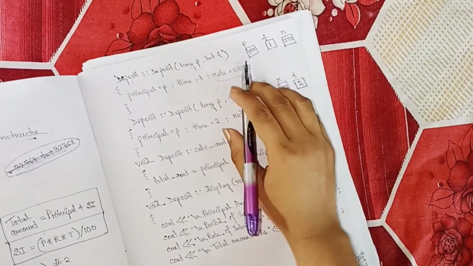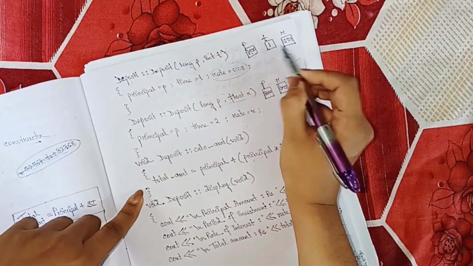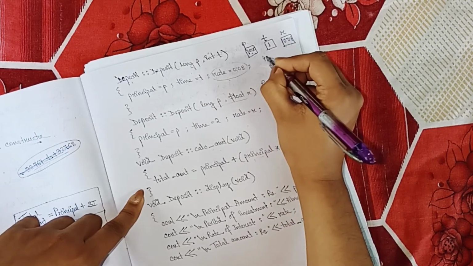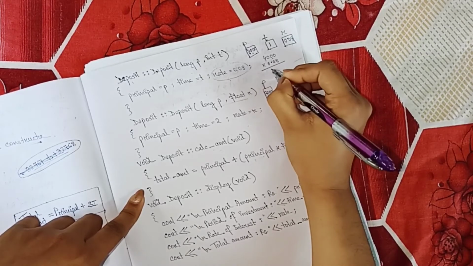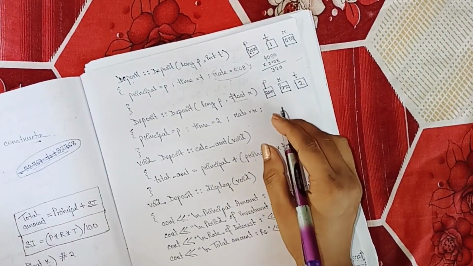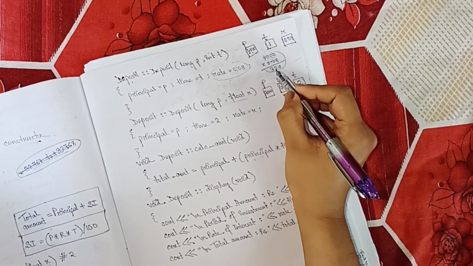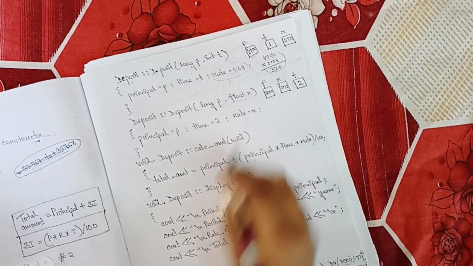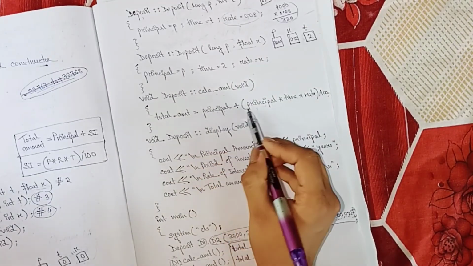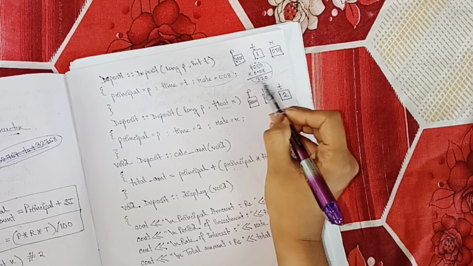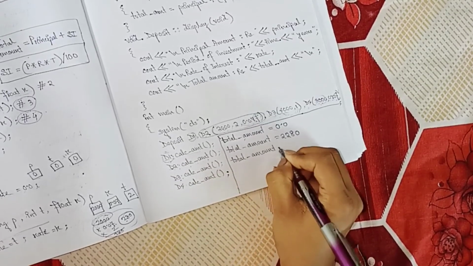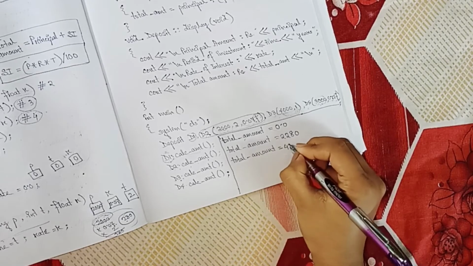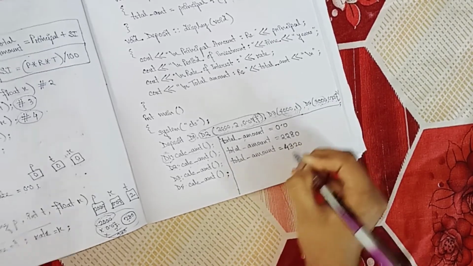Now you come to the third one. What are we defining in the third one? P is 4000, T is 1, and rate 0.08. So 4000 into 1 is 4000, into 0.08 will be 320. So from here we are getting the SI value as 320, and when we calculate the amount, principal plus SI, principal is 4000 and SI is 320. So 4000 plus 320, our total amount will be 4320. This calculation you can do by yourself.